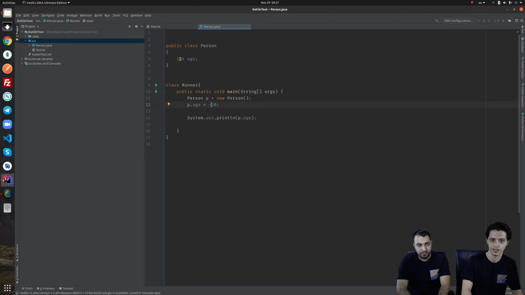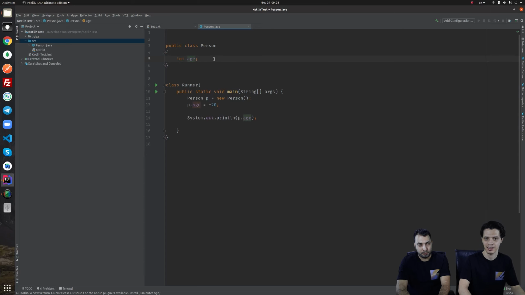But age is a field, a placeholder inside the memory of type integer that can hold integer numbers, and integer numbers can be negative and positive, with a predefined range. So if we want to prevent assigning wrong values, which have wrong meanings, not wrong about integer but wrong about age,